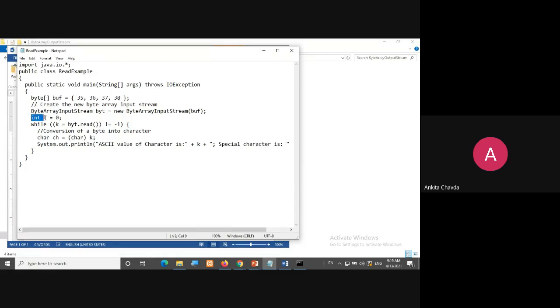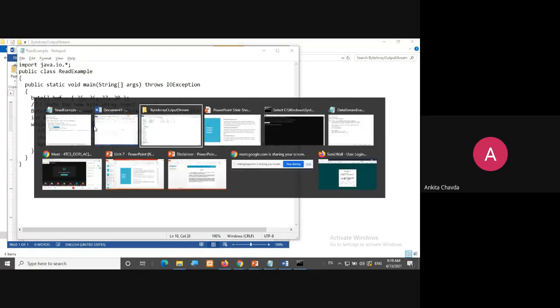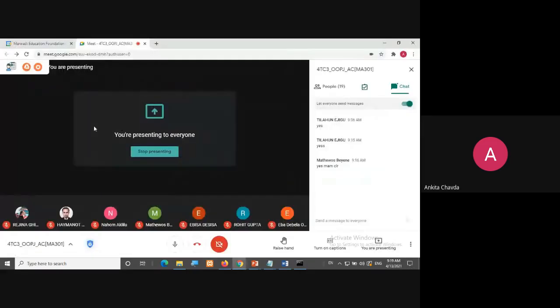So I have taken one index variable, integer k equals 0. Now while k equals byt.read, which means some data is there and it is not -1. If it is not -1, it means it is not your EOF, not the end of the file.